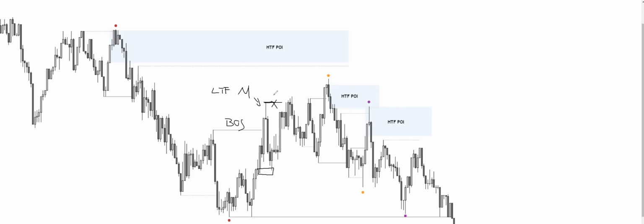Now, sometimes this target, especially if you're counter trending, is not going to be like always I want a 4 or I want a 5, right? If you, let's say, take only this unmitigated wick, this will be more than enough. It's going to be like I want a 7, I want a 8, and I will just personally execute here, right? But let's say you take this whole block right here, it will look like something I want a 3.